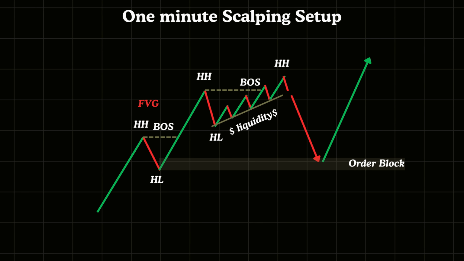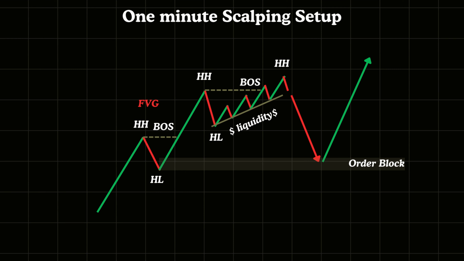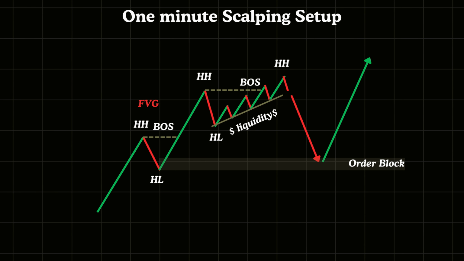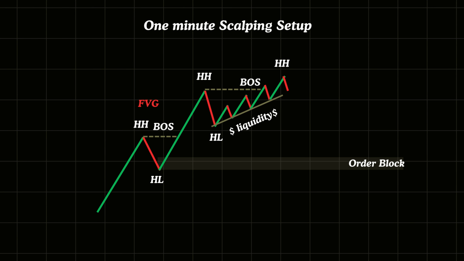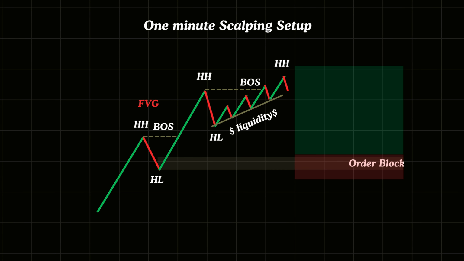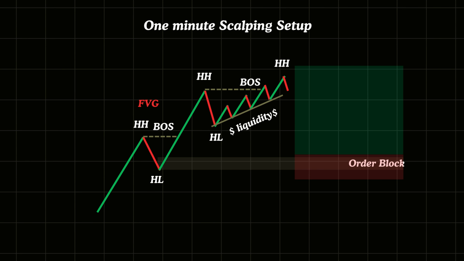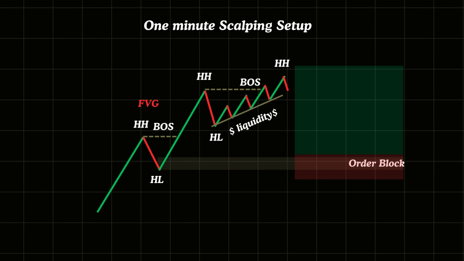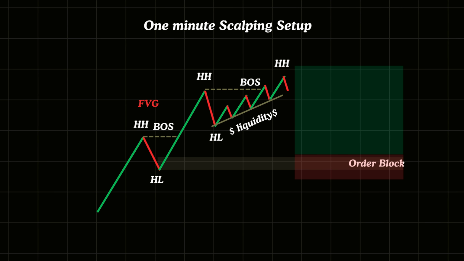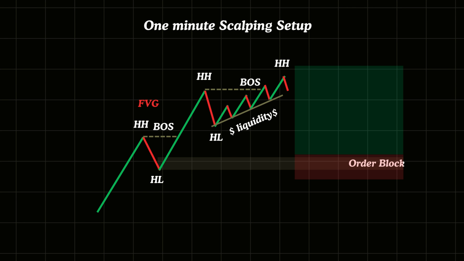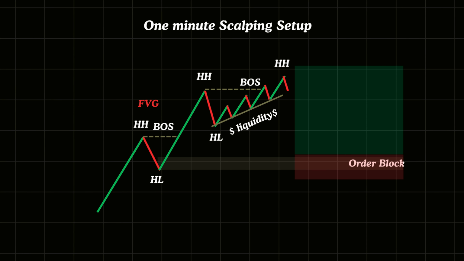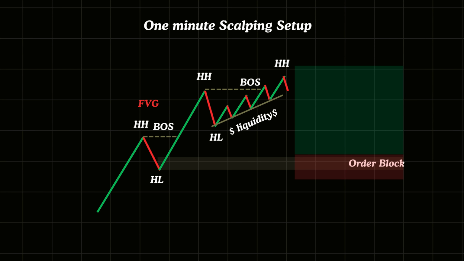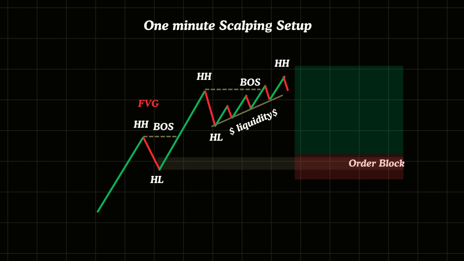The price is likely to dip below the swing low, trigger a liquidity sweep, and then reverse upward after tapping into the order block zone. In this scenario, we place a buy limit order just above the order block, accounting for spread. Our stop loss is placed below the swing low. Our target is the next significant market structure level in front of the price. This entry method combines two powerful smart money concepts, liquidity sweeps and order block reactions, to optimize entries with precision